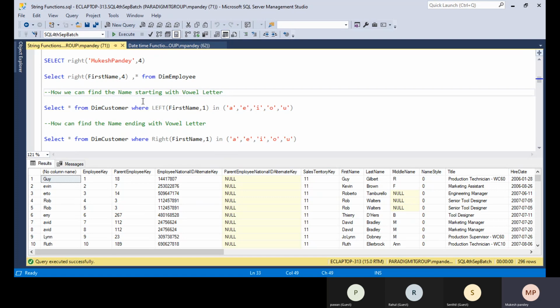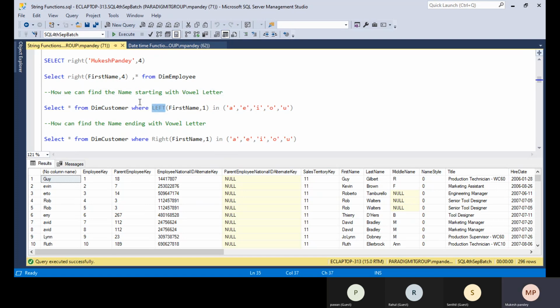Sometimes they will ask you without using the LIKE operator. You can use the LIKE operator also, but you would need to write it 5 times. But they will put the question, don't use the LIKE operator. In that situation, we can achieve it by using the LEFT function.